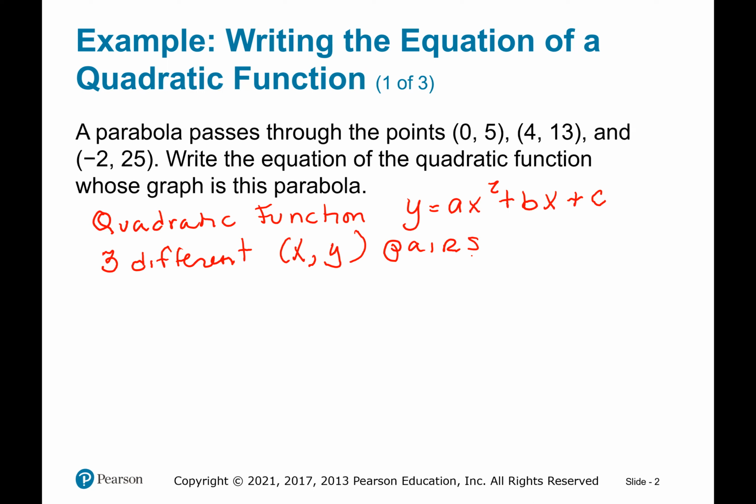So I'm going to plug in each of these XY pairs into my quadratic function and get an equation. So first, 0, 5. 5 would be C, right? 5 is Y, and it will be C. Very good. Already got that figured out? That's the y-intercept. Since it's Y and X is 0, when you plug that in,